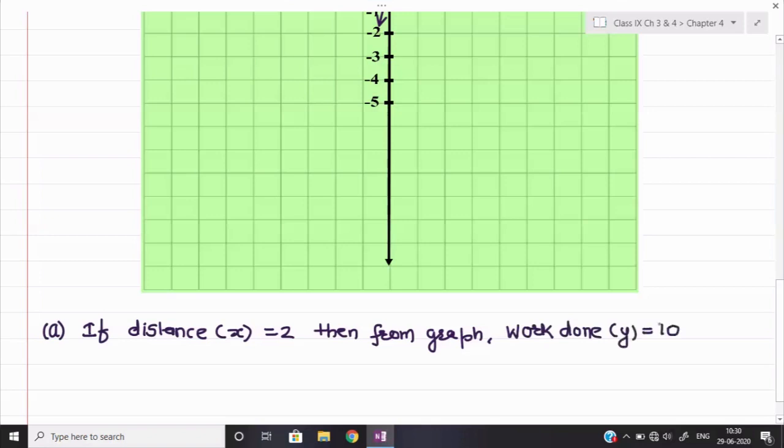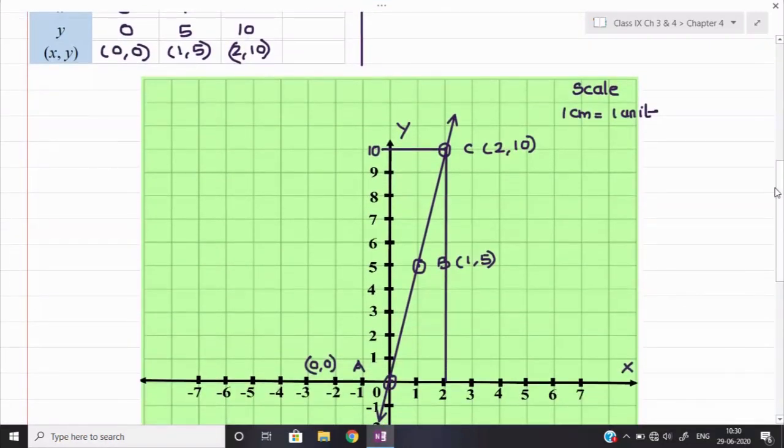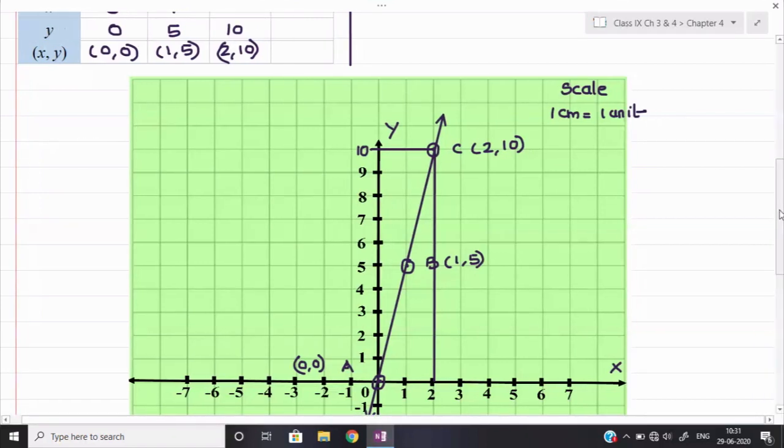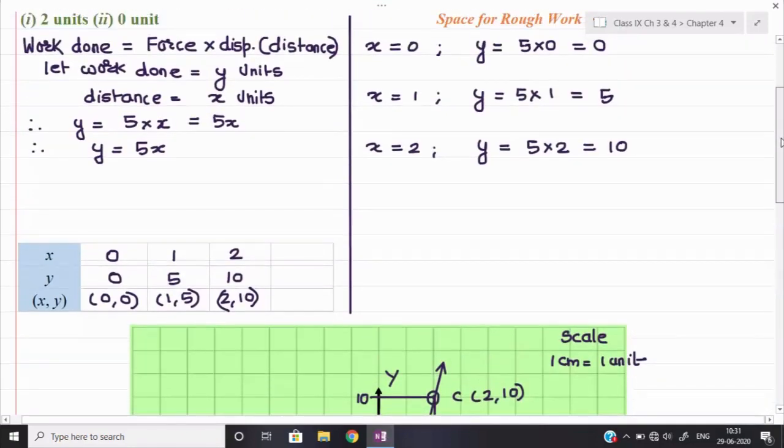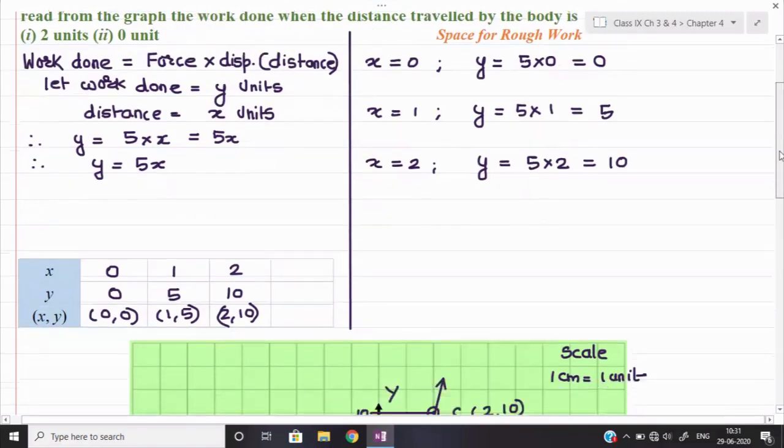Okay, I will give you one more sample. Suppose I say the value of x is equal to, for example, 1.5. In that case, what will be the value of y? If you see algebraically, then 1.5 I will multiply into 5, because the value of x I will keep here. So 5 into 1.5 will become 7.5. That means at 1.5 the value of y will be 7.5. But how can we find it out with the help of the graph? That you see.